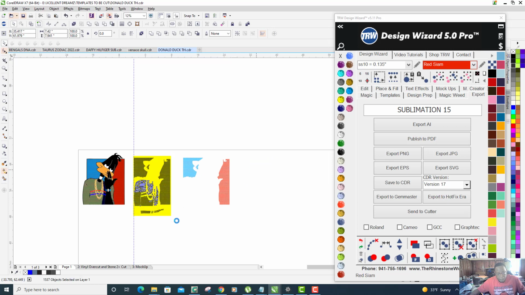Then the bottom part will be separated as well. So that means you'll have to pretty much cut out four different templates,